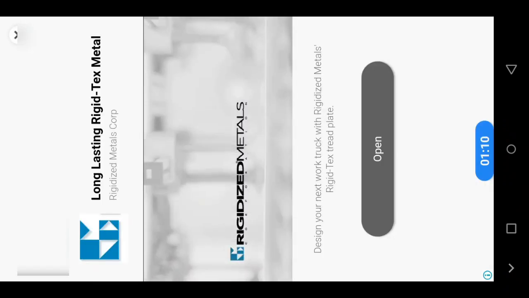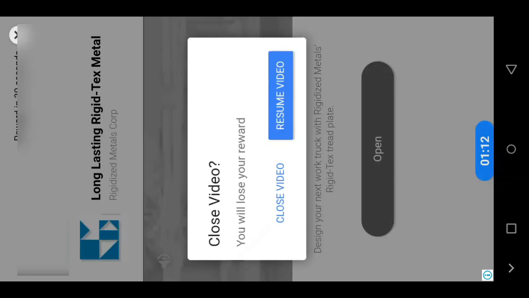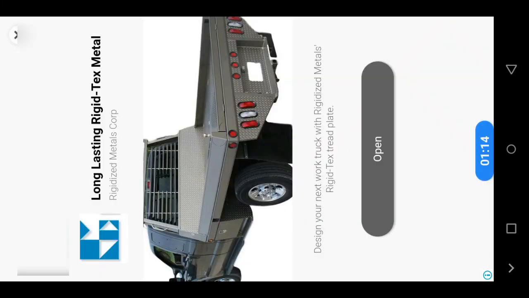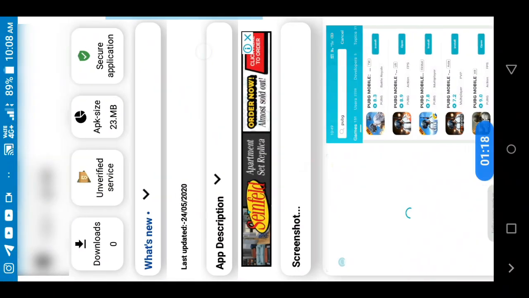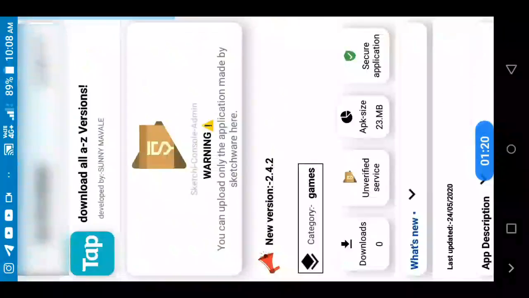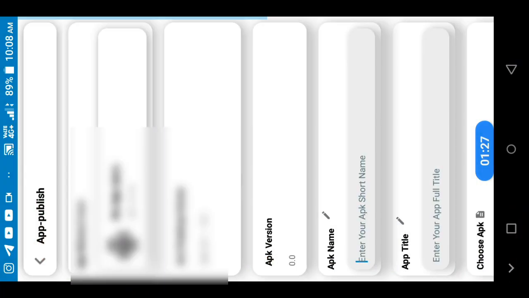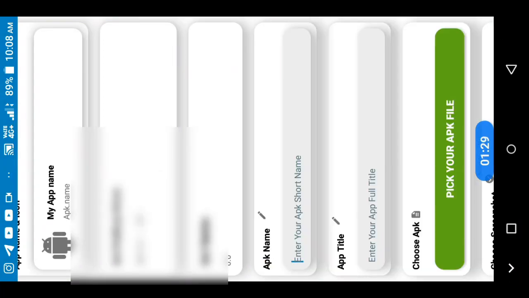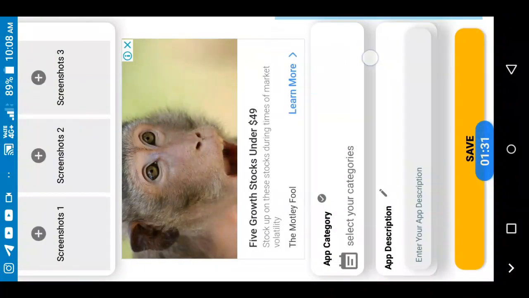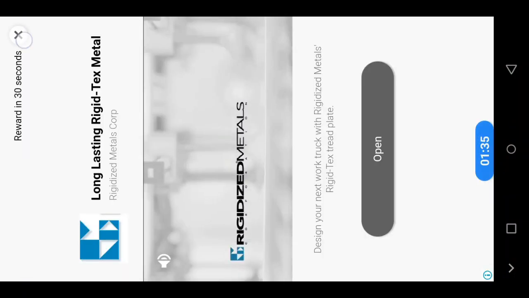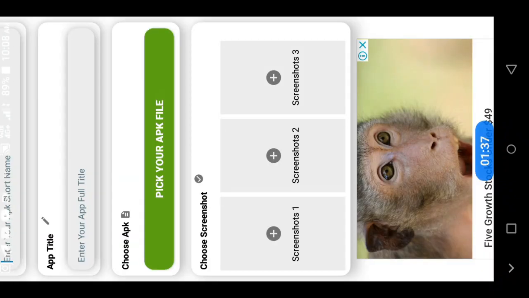So you can see there are so many ads here, banner ads, interstitial ads. So we have all types of ads here. Like, see when I click here also there are a lot of ads. You can see here a banner ad. So once again ads. So you can see there is a flow of ads here.